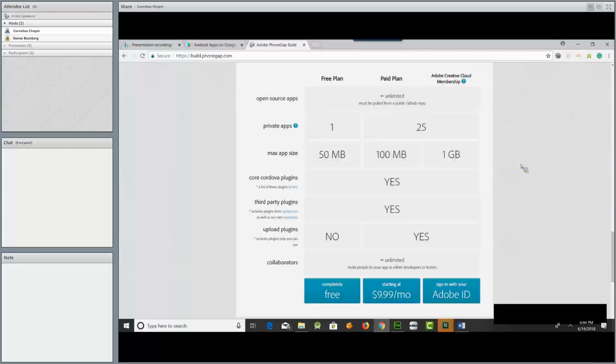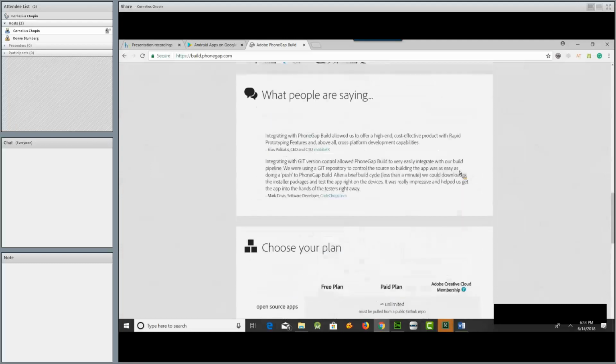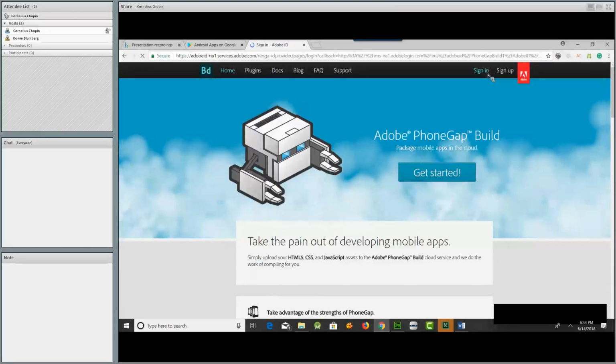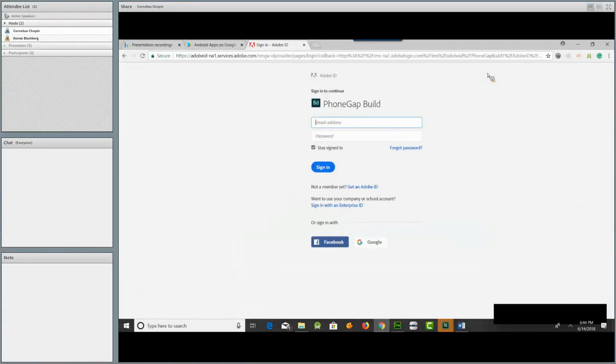You can create different apps based upon your level of subscription. I do everything for free, so I use the free version. But you could pay $9 a month, sign up, whatever. Anyway, I signed up with my Adobe account, and I get everything I need. So I'm going to sign in, rather, because I've already signed up, and hopefully